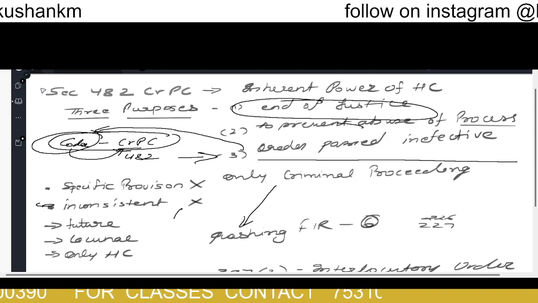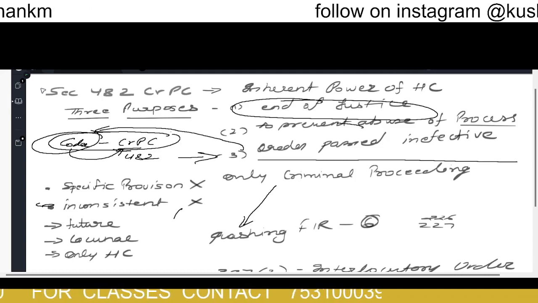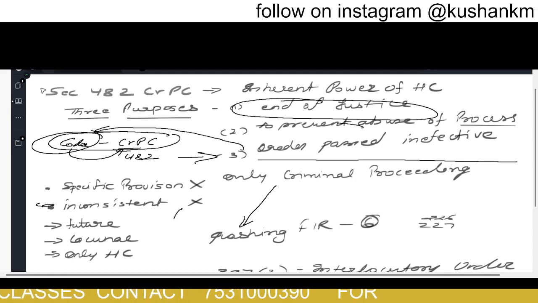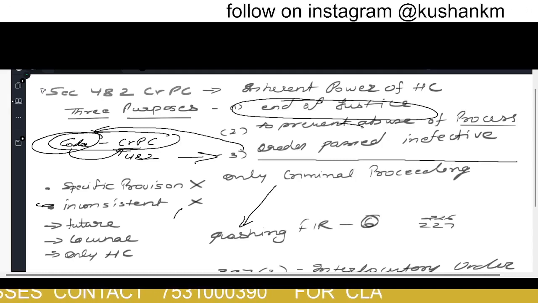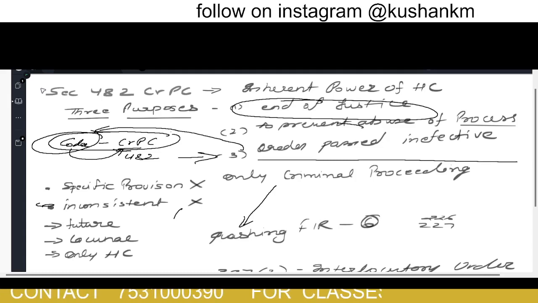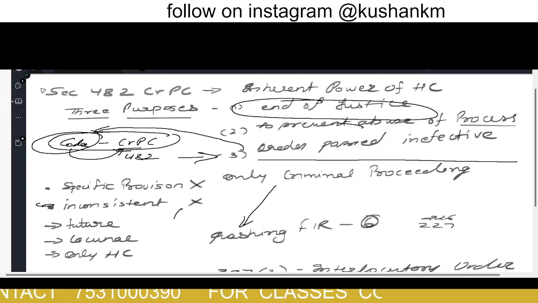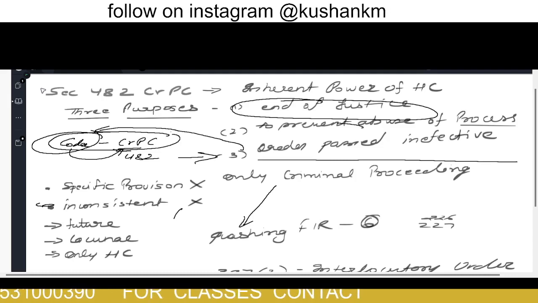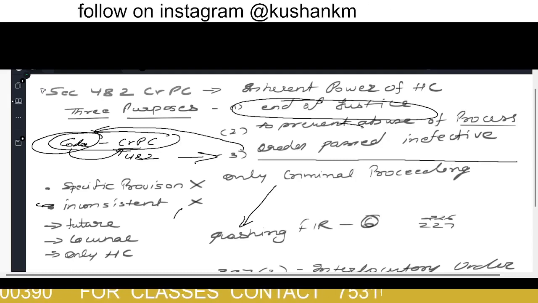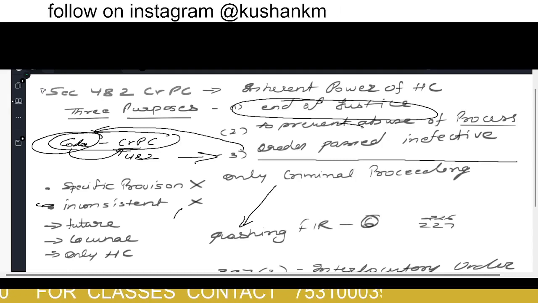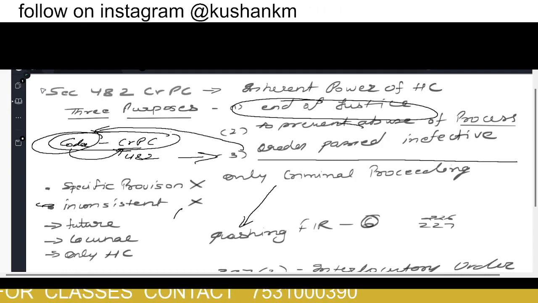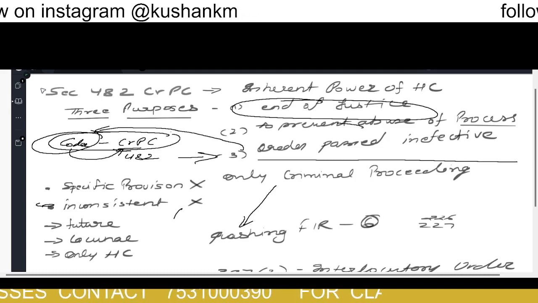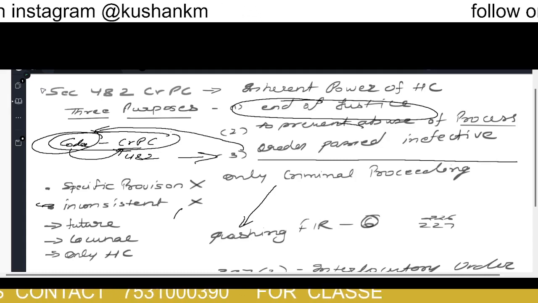So there are situations in which you need to see that in this scenario I can approach the High Court, and in this scenario I cannot approach the High Court. Let's take a similar example: an FIR has been registered, and when you read the facts of the FIR, it does not constitute a cognizable offense. We know that if an offense is not cognizable, then FIR should not be registered. When we read section 154, 155 of CrPC,